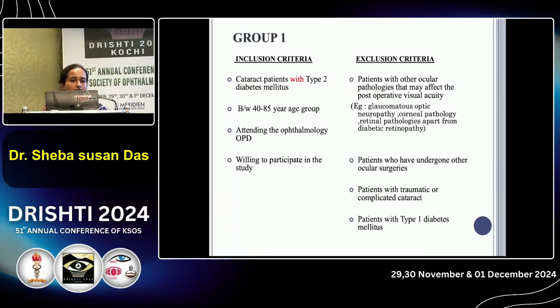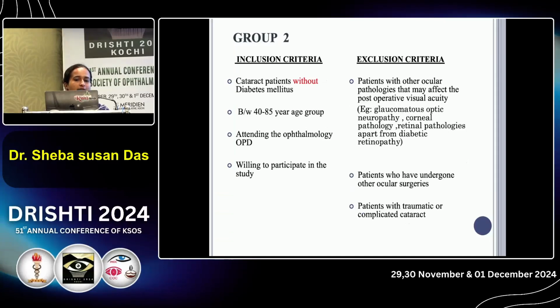Group 1 included cataract patients with type 2 diabetes mellitus between 40 to 85 year age group attending the ophthalmology OPD and willing to participate in the study, and excluded patients with other ocular pathologies that may affect the postoperative visual acuity, for example glaucomatous optic neuropathy, corneal pathologies, retinal pathologies apart from diabetic retinopathy. Patients who have undergone other ocular surgeries, patients with traumatic or complicated cataract, and patients with type 1 diabetes mellitus